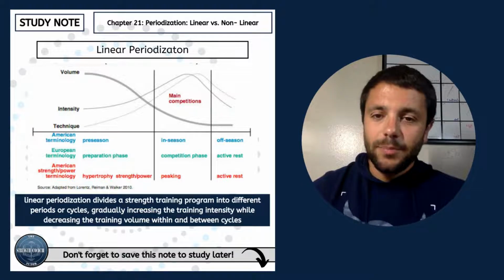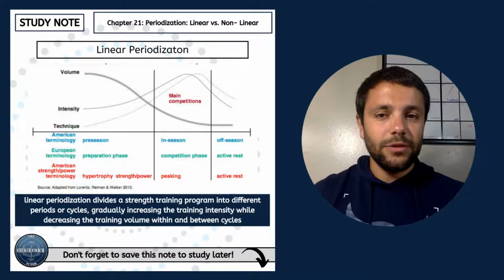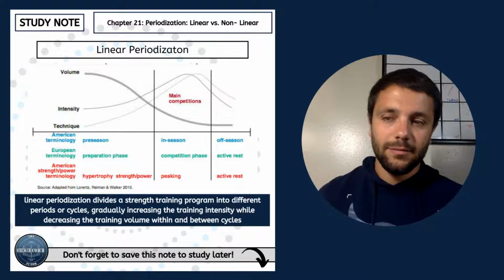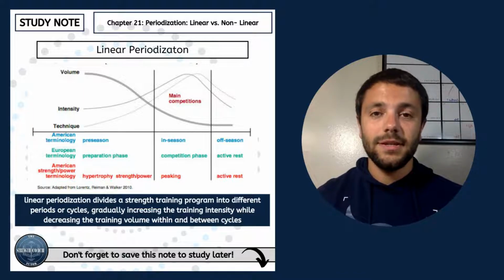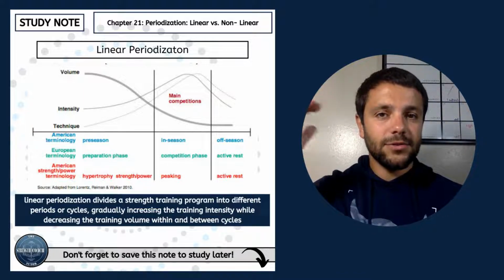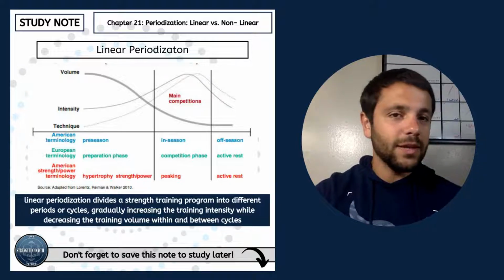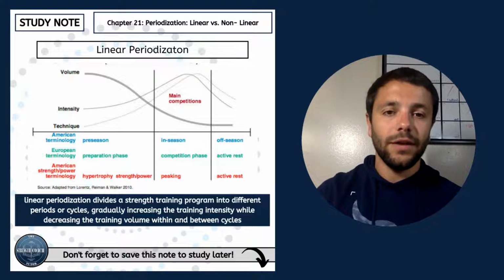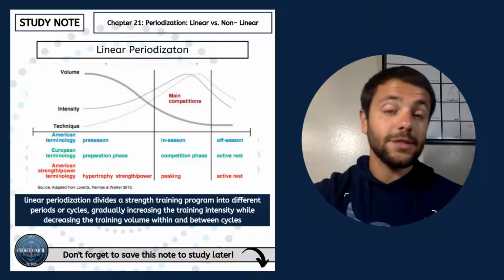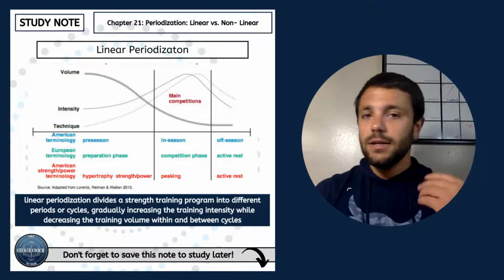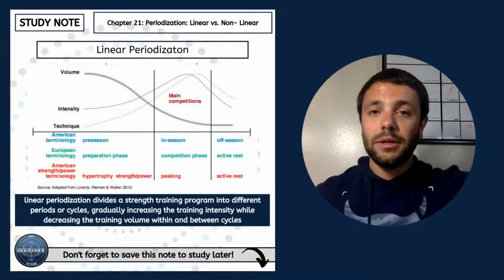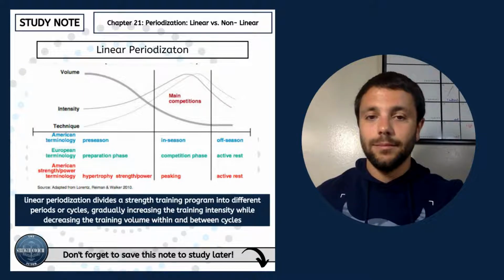The basic concept that you have to understand is that over time, as we get closer to our season and even through our season, intensity is going up, and as a result, volume has to come down. They have an indirect relationship. The easiest way to think about this is, the heavier weights you lift, the less volume you're able to do. Same concept, except this is extrapolated over a much longer period of time.